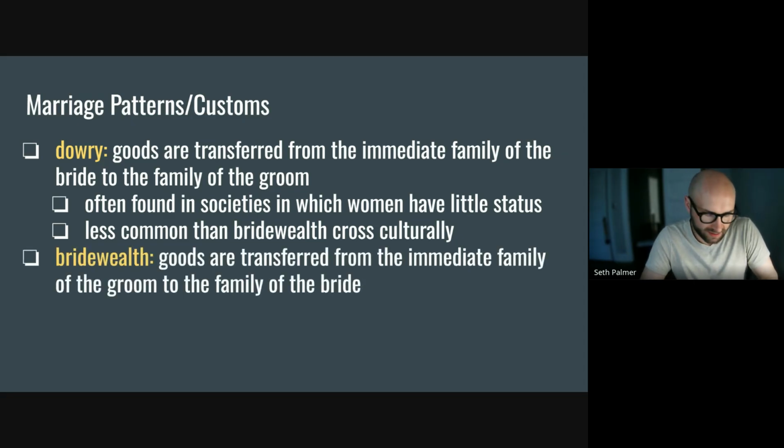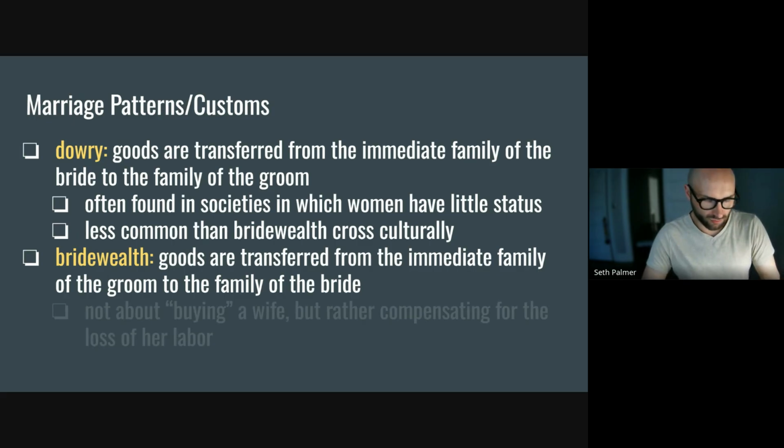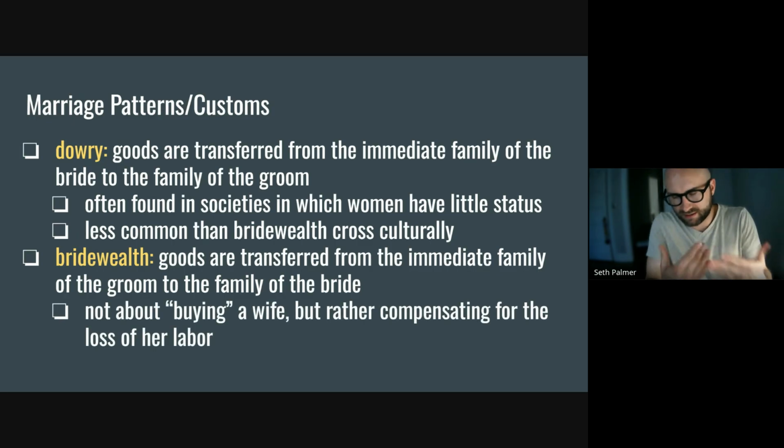Now, the opposite of this is bride wealth. This is when goods are given to the bride's family. The groom gives some sort of gift to the bride's family. This makes many Westerners feel uncomfortable, right? We tend to hear the critique that, oh my goodness, it's as if you're buying your wife, right? And sure, we are exchanging, in a sense, some sort of goods in a ritual way for the handing over of this wife. But another way of thinking about it is that they're trying to compensate the bride's family for